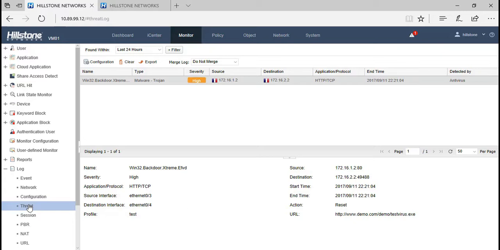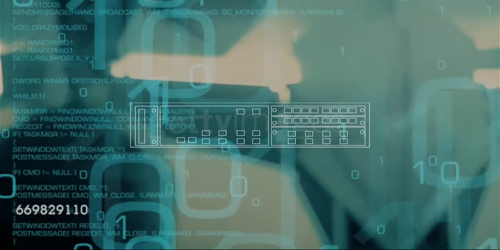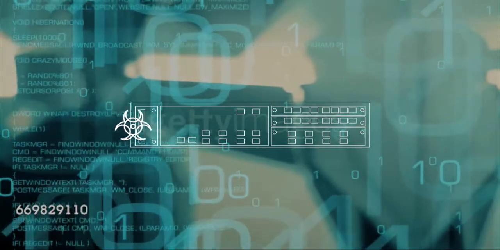Can Hillstone Networks detect a variant threat? How soon can it be identified? Can it be blocked after detection? During the waiting time, I would like to explain why the original virus file can be detected while the variants